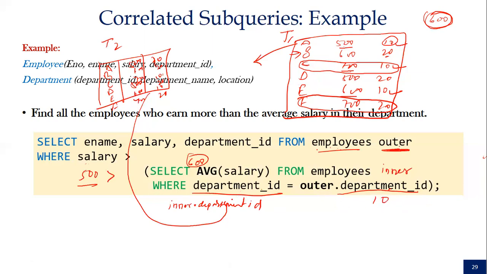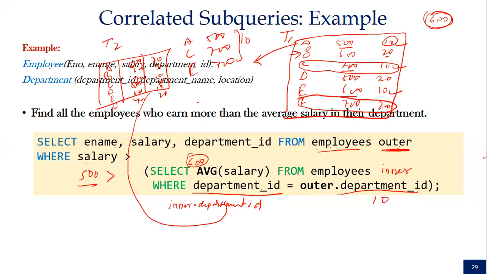Here we keep inner dot department ID equals 10. Now execute this query on this table. Which rows will be selected? A 500, C 700 and E 600. All these have department ID 10.